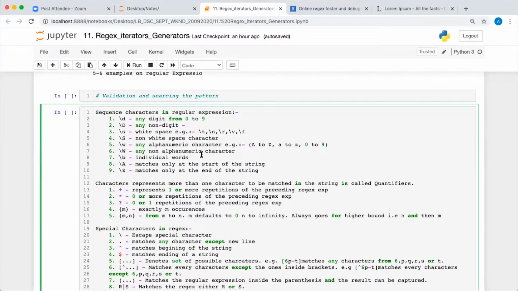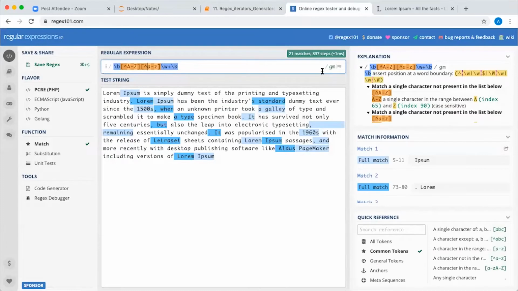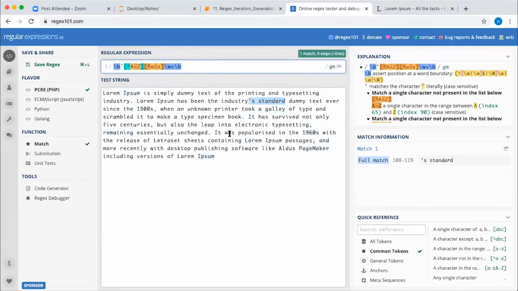Okay, you can use \capital W, but then if we give \capital W, it will only search for the special characters, right? For my special requirement, where we are giving \W, the words like industries, or anything which has a hyphen in between. If you want to include a hyphen, you can write the hyphen directly into your regular expression. Let's say if you want this apostrophe to be included, you can write the apostrophe at the beginning, then it will match only this one.